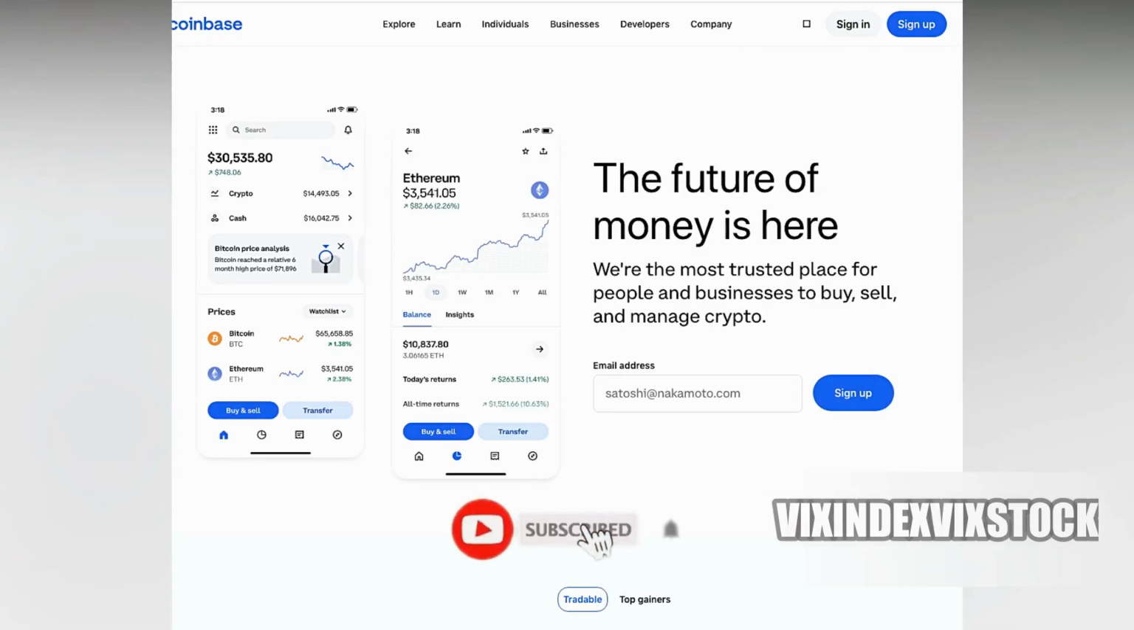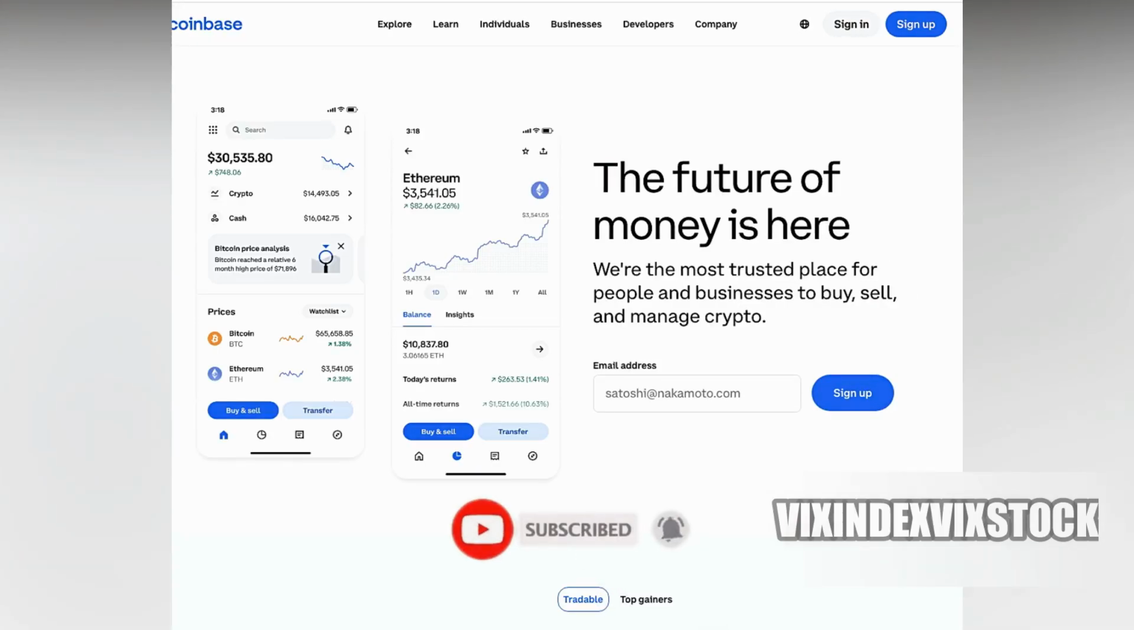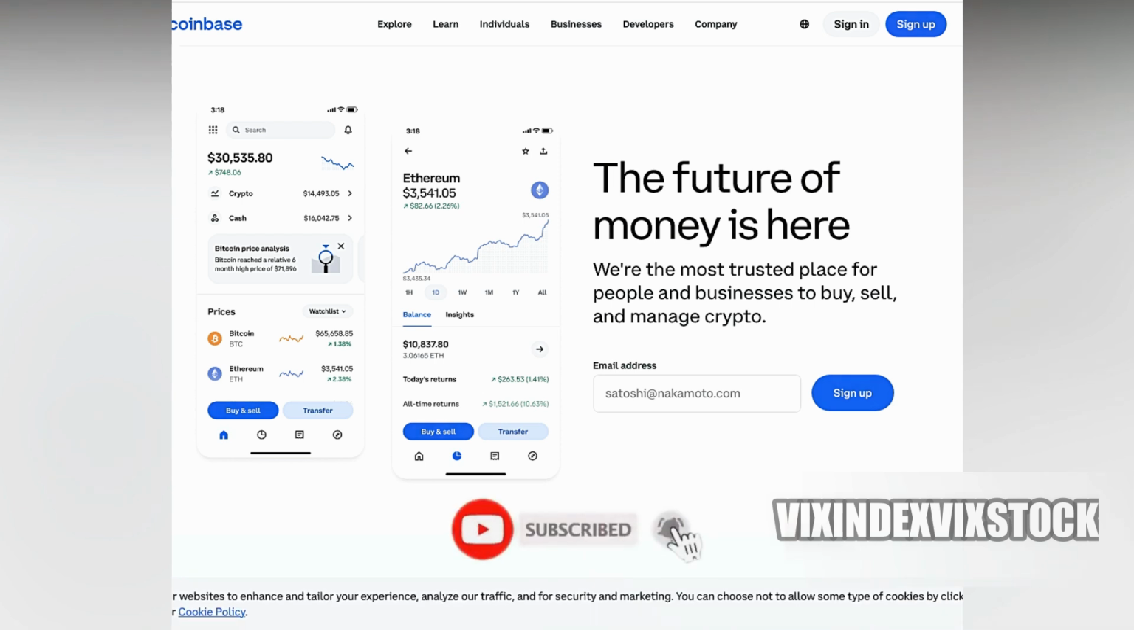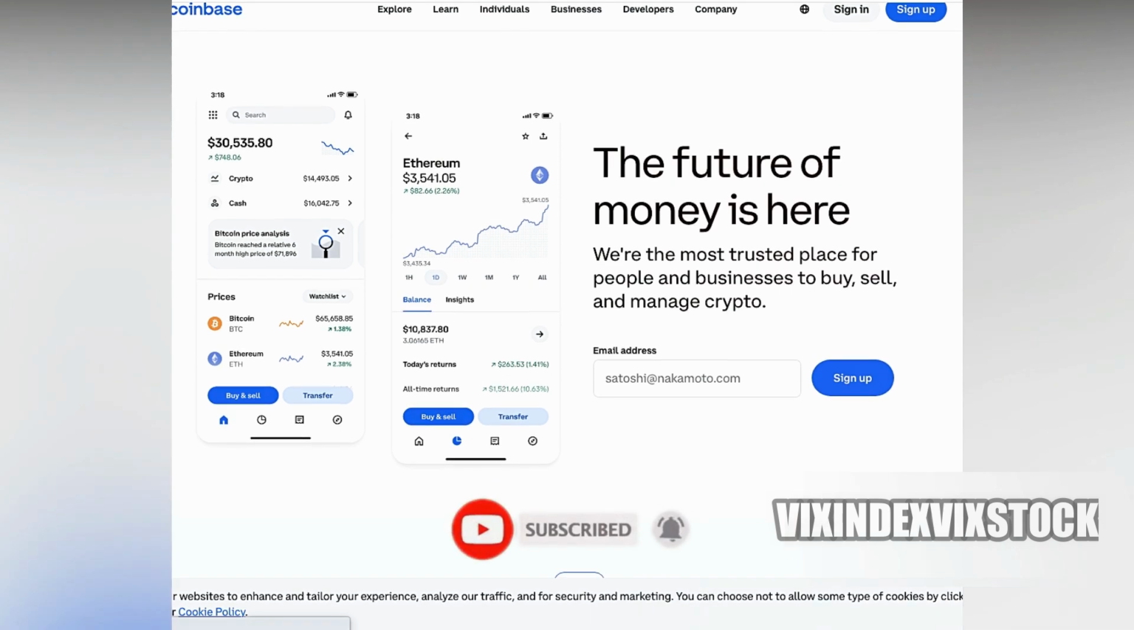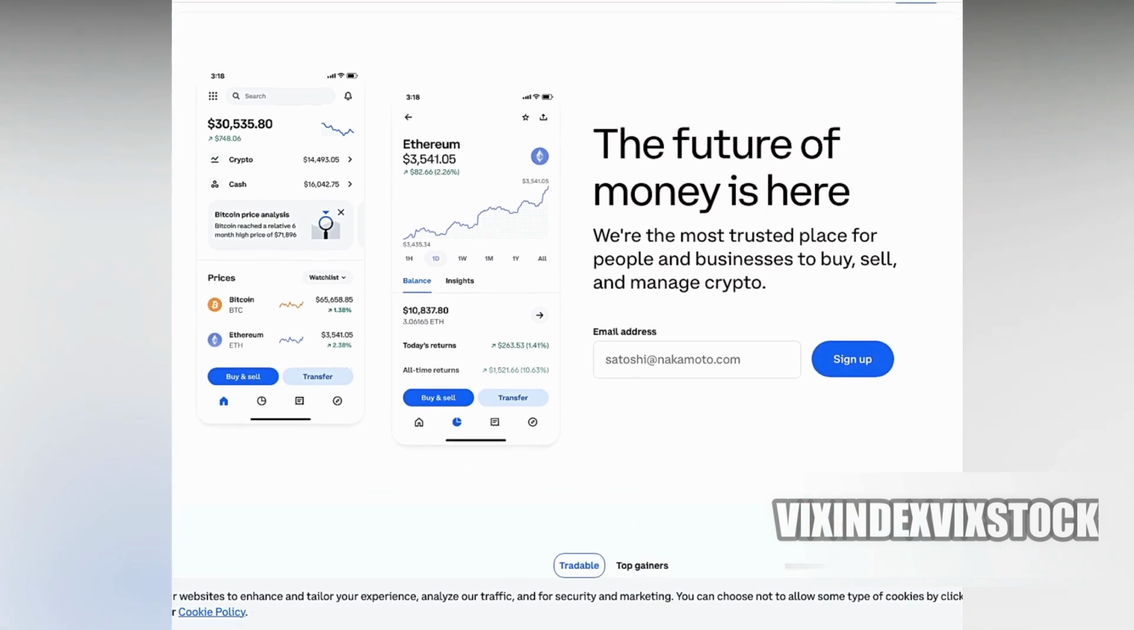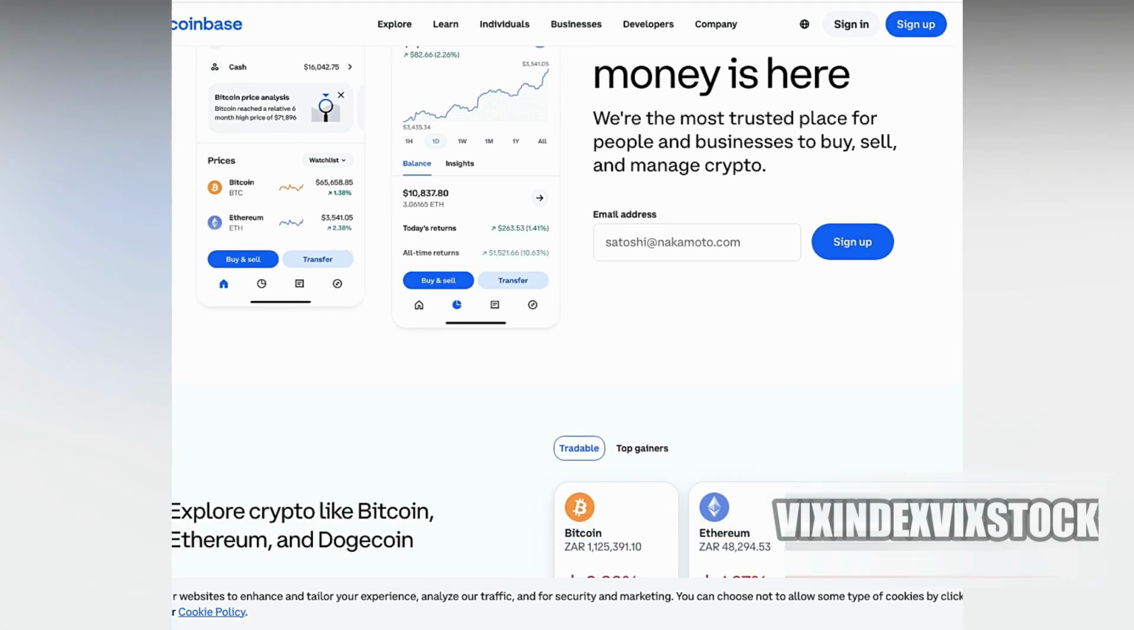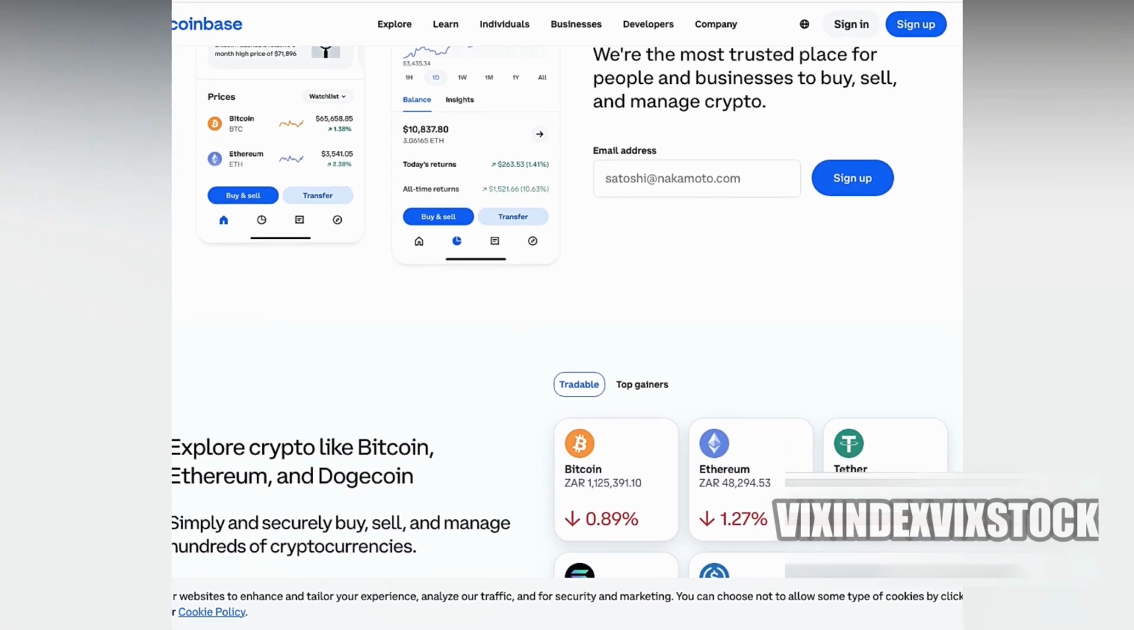Can you day trade on Coinbase? Yes, you can day trade on Coinbase through its advanced platform called Coinbase Pro. Coinbase Pro, formerly known as GDAX, offers a more sophisticated trading experience compared to the standard Coinbase platform. It provides advanced features such as real-time charting, a variety of order types, and lower fees, making it suitable for